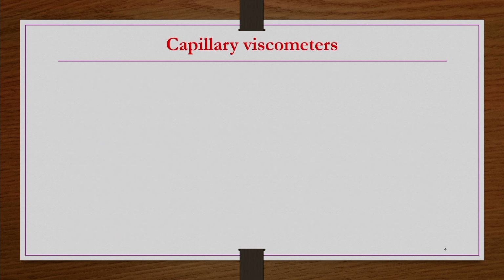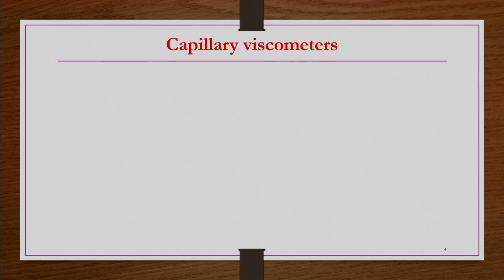So, now we start with capillary viscometers. Okay. So, what is a capillary? A capillary is a straight tube of a very small diameter compared to the length of the tube. So, tubes with a large length by diameter ratio, whatever circular tubes there are, we can regard as capillaries. That means, if you have a straight pipe whose diameter is 1 mm but the length is, let us say, 200 mm or 150 mm, then that straight tube can be regarded as a capillary in general.